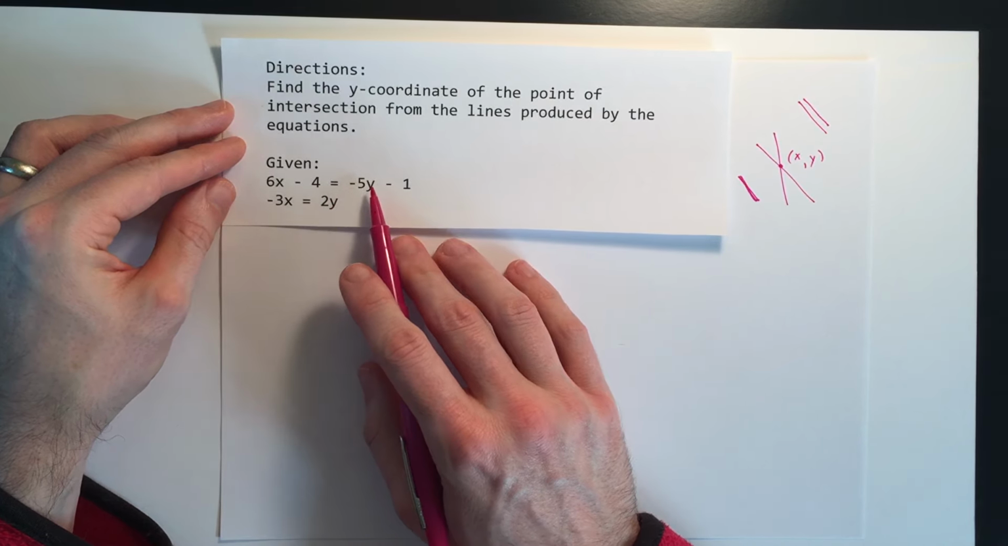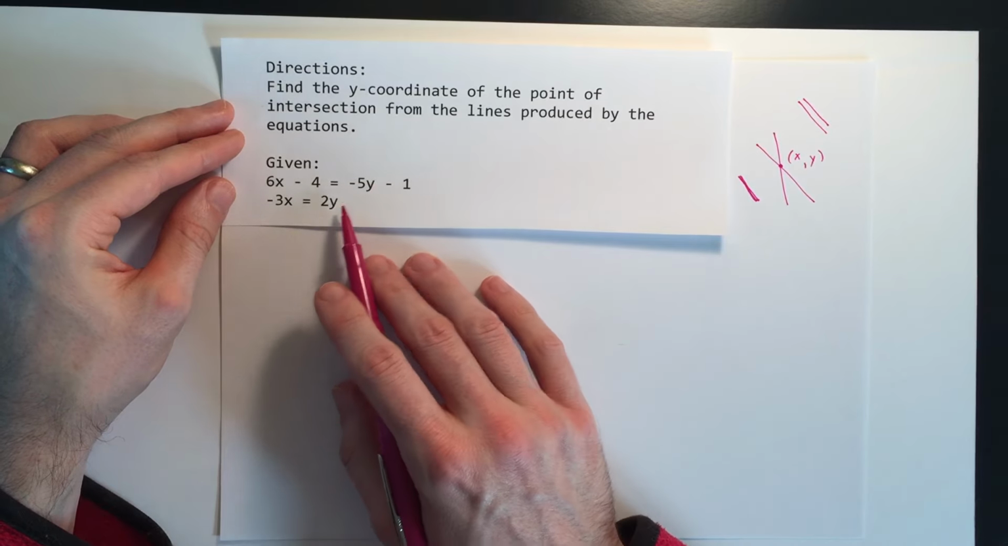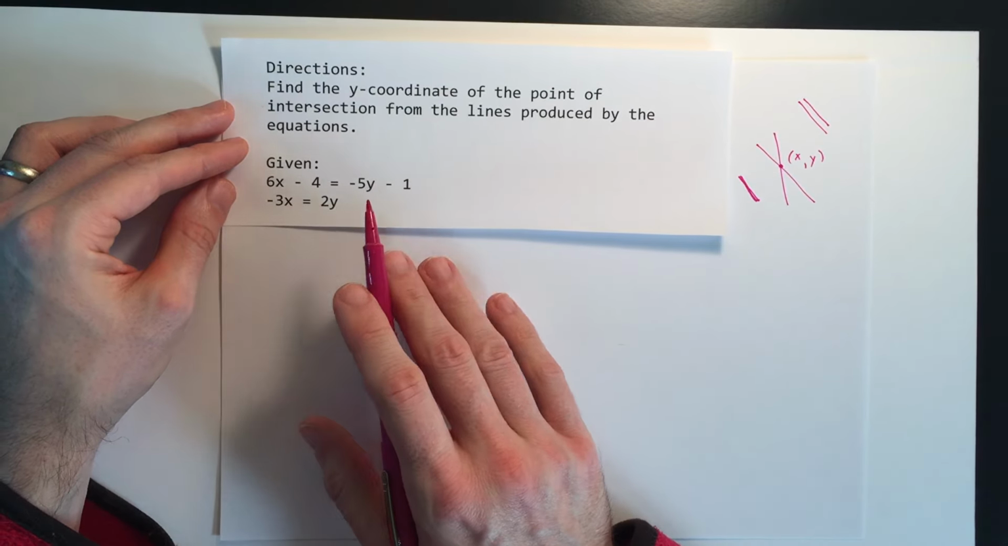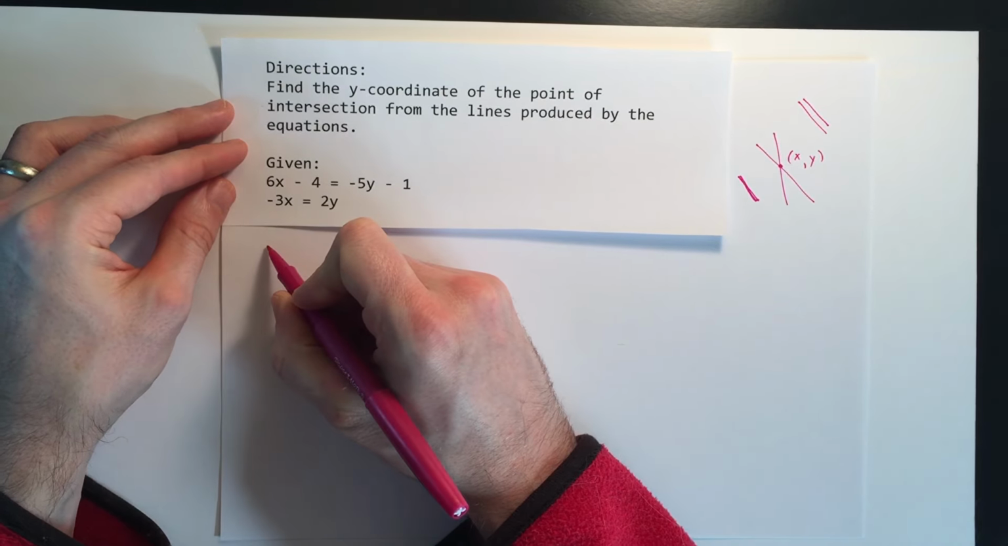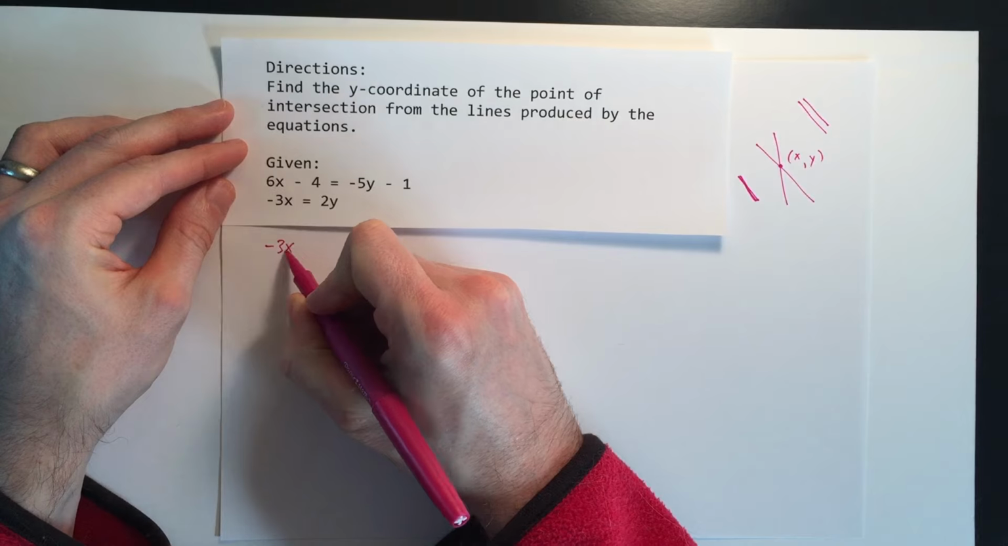Neither of those combines with negative 5y to make 0. So we'd have to use decimals or fractions. I'm going to try not to do that if possible. So what I'm going to do is just take this second equation,